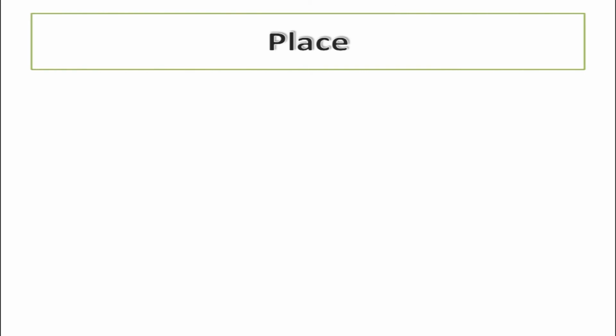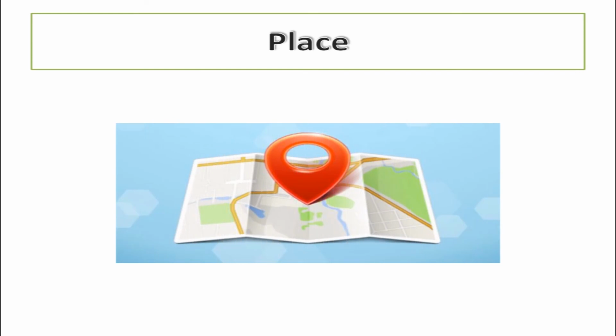Place. Determining where you sell your product depends on both cost effectiveness and brand management. Because you must send a constant message to your target customers about your business, you must evaluate different selling methods based on how your customers will view you. Selling in a big box location, for example, sends a very different message than selling in boutiques. It might be more cost effective to sell online, but if you have older customers, they might feel more comfortable buying through a print catalog or in a local retail store.